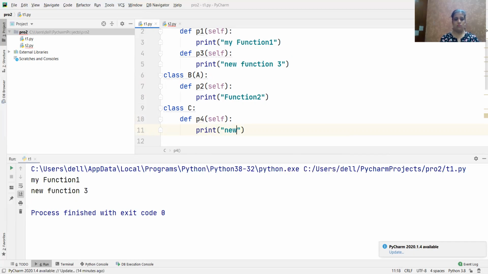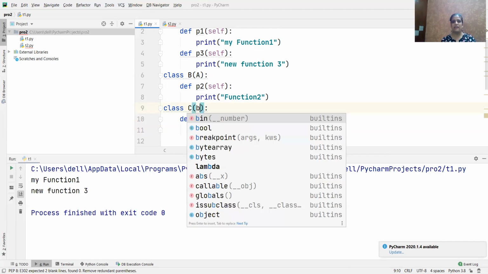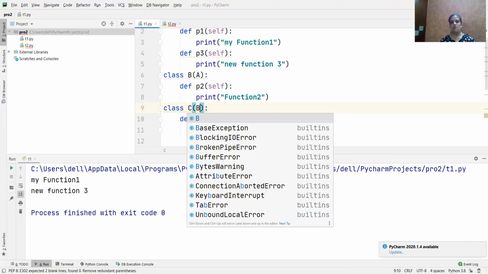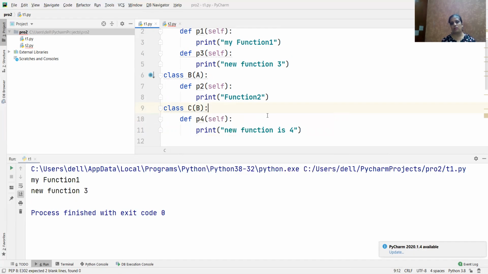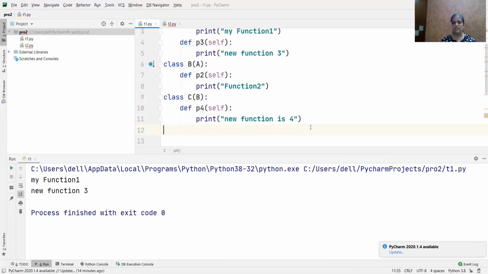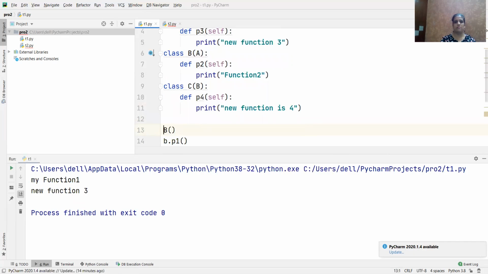Now the new function is 4. Okay, now C is taking B. C is inheriting what? B. B is inheriting A and C is inheriting B. Now what? If I declare the object here, let me remove this. If I declare the object C equals to, for C,